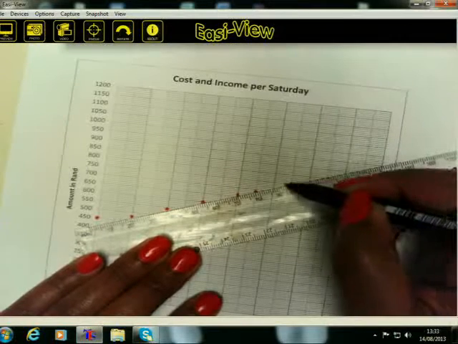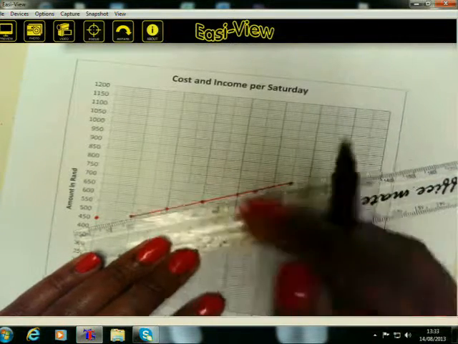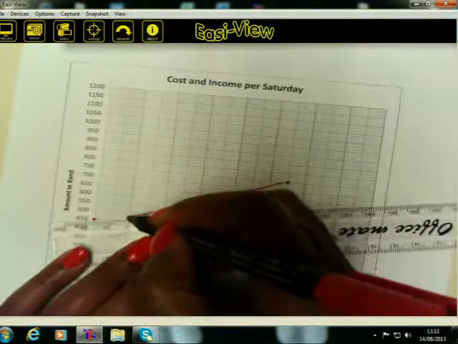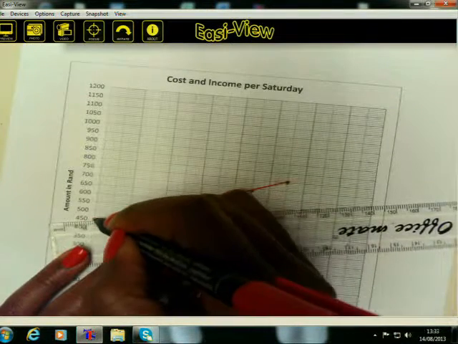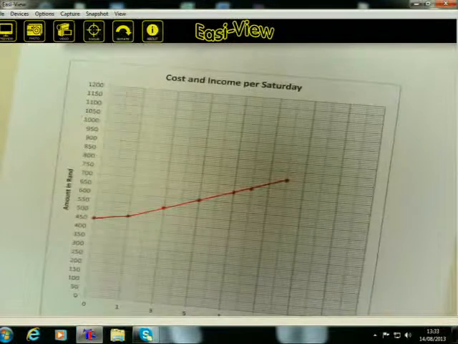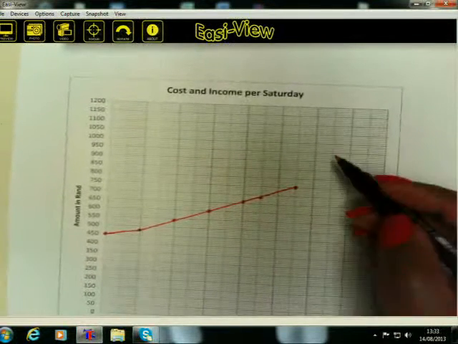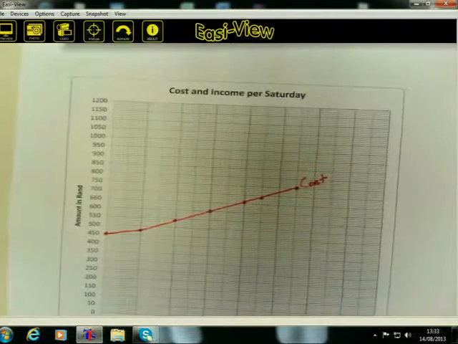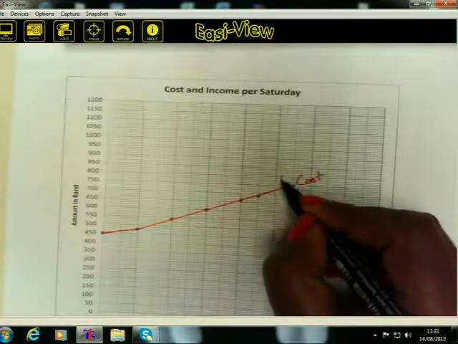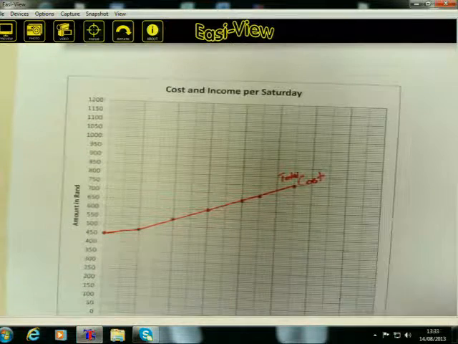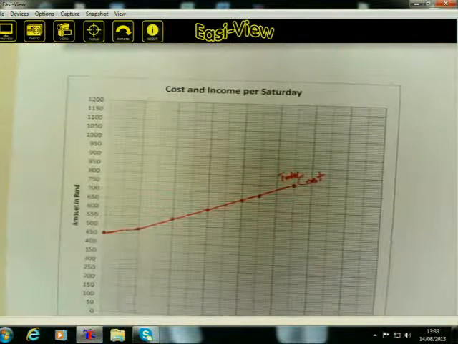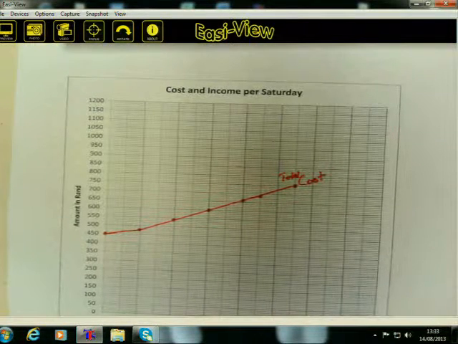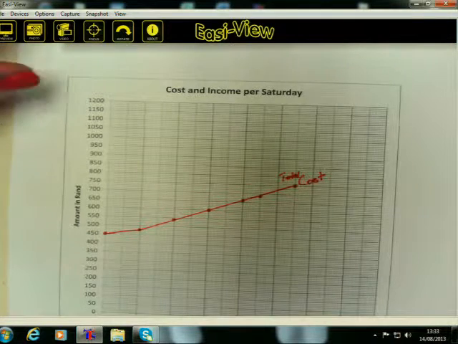We now join our points with a straight line there. Let's now label this graph there cost, or you can write total cost. Now that we have already drawn a graph for the cost, let us now go again